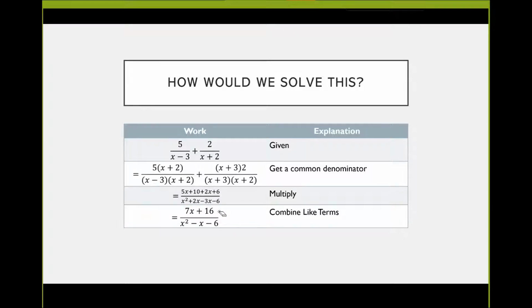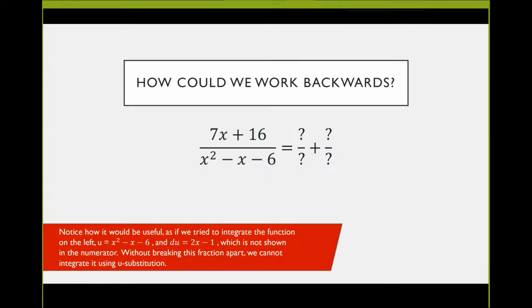Okay, what I want to do today is work backwards. I want to be able to take this fraction that we've already combined and break it apart into the partial fractions that we used to add together and equal this larger fraction. The reason why I want to work backwards is because right now if I tried to integrate this function on the left side, 7x plus 16 over x squared minus x minus 6,